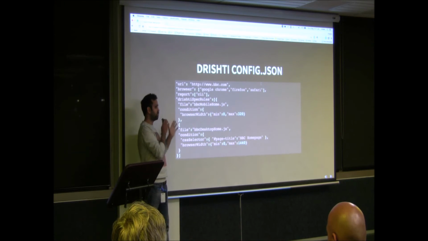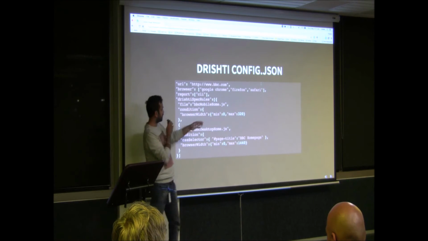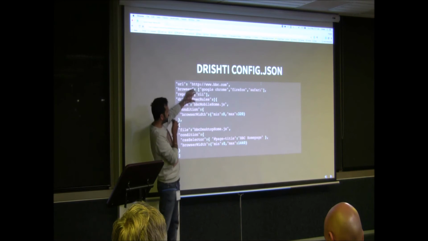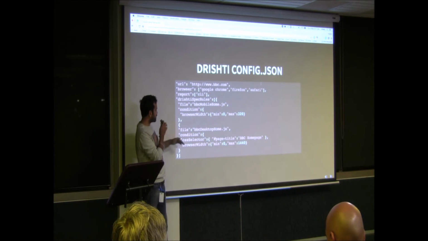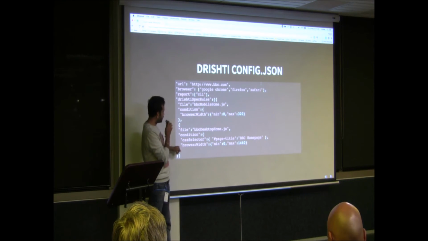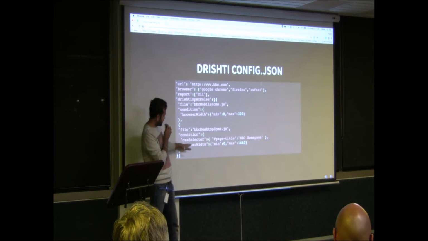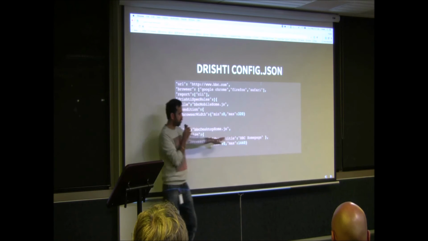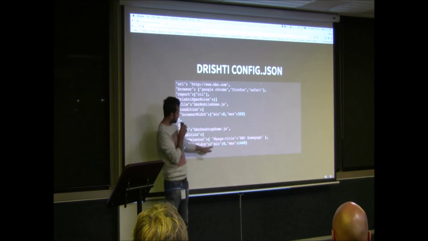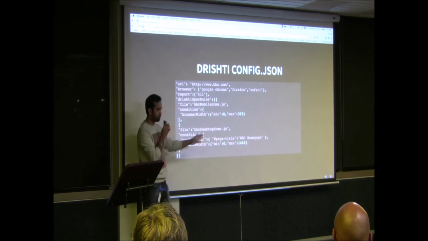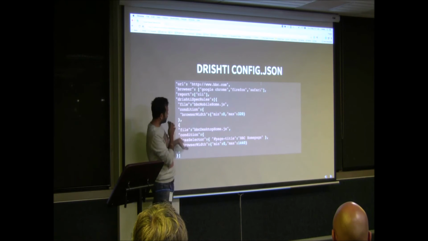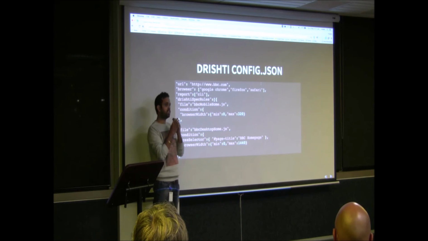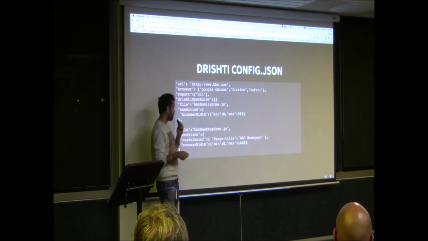It means if the browser width is from 0 up to 320, then only load this BBC mobile home. Or else I would say BBC desktop, you load only when the CSS selector is BBC homepage. It means your title is BBC homepage, as well as the browser width is from 0 to 1440, the maximum. So you can have multiple conditions and say which file to load to test on different devices or different conditions.